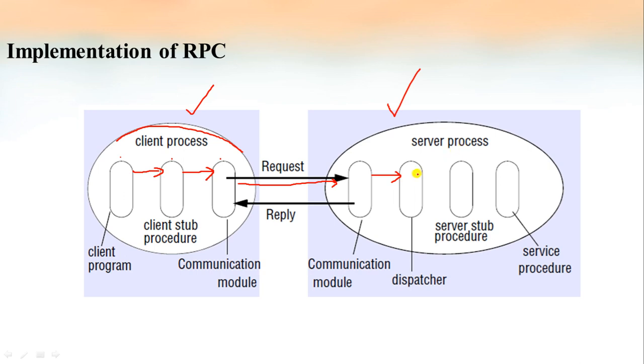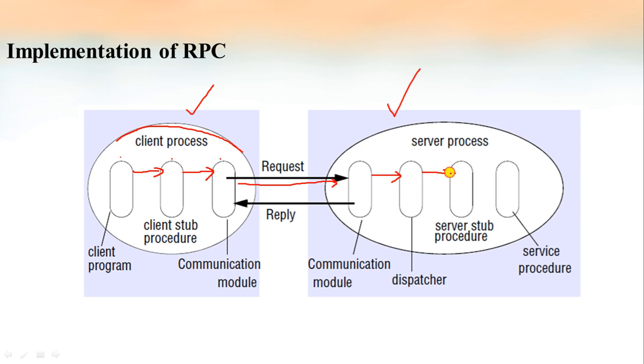This dispatcher module is used to select a suitable server stub procedure by identifying the identifier in the request message. So based on that identifier, the dispatcher will select a suitable server stub procedure for a particular request message, and it will